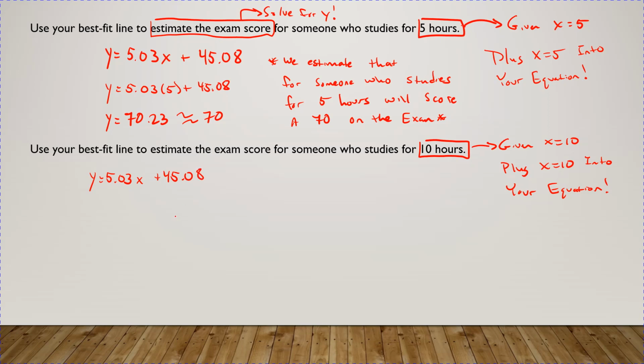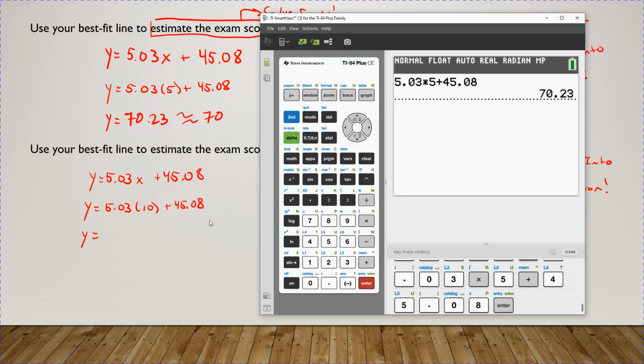That's our equation. And let's plug in 10. Let's see what we get. 5.03 times 10 plus 45.08,